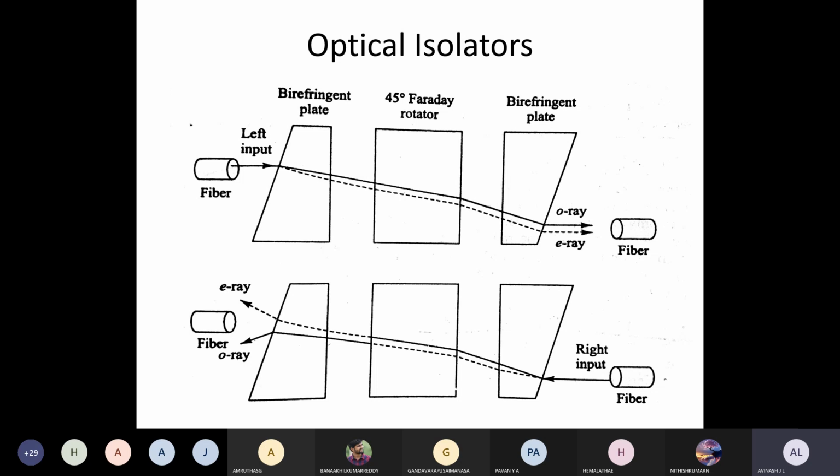Those two rays enter the 45-degree Faraday rotator. They are not altered on entry; there is no problem while entering. While exiting, there is a change in the angle of rotation, the angle of movement. That is 45 degrees; it is going to be rotated. Once the 45 degrees of rotation is applied, those two rays